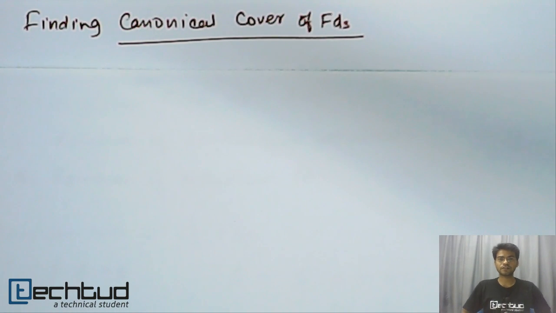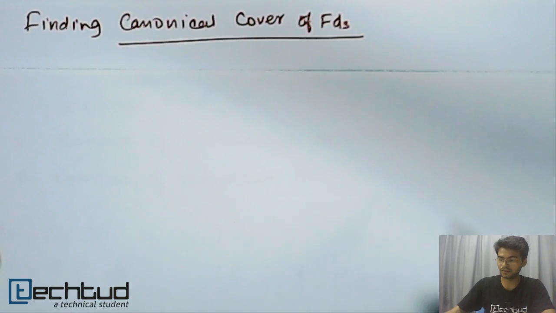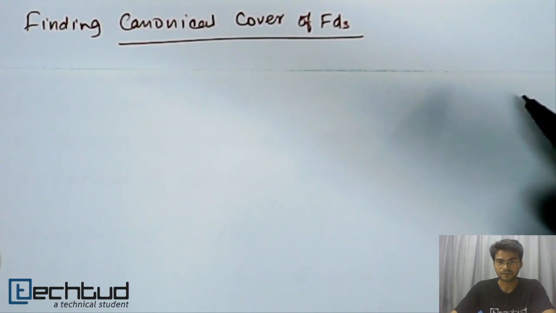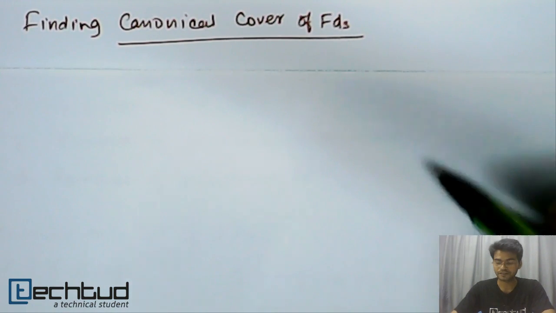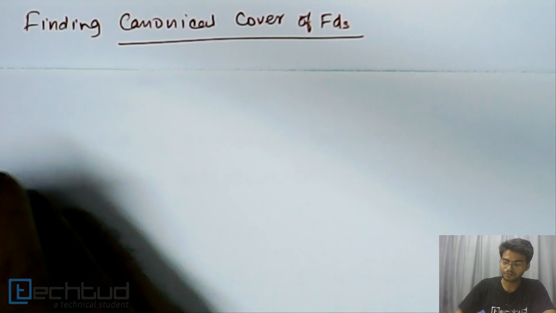So in this lecture we will solve a problem on finding canonical cover of a set of functional dependencies. When I went for recording the lecture on finding canonical cover, I saw Dr. Gary has already created a very nice lecture on it, and I thought it would be a redundant lecture when I create this. So I will solve a problem on this, and maybe we will go for some text examples. For the theory lecture you can refer to the video section of this topic.